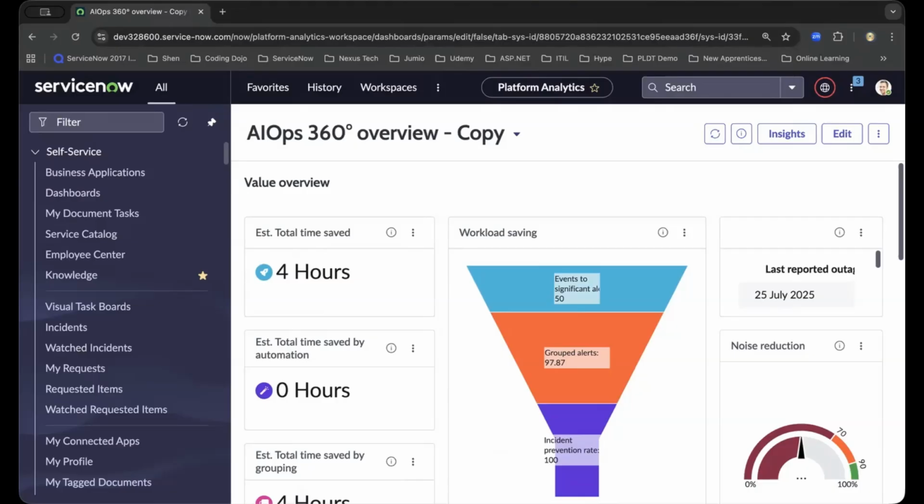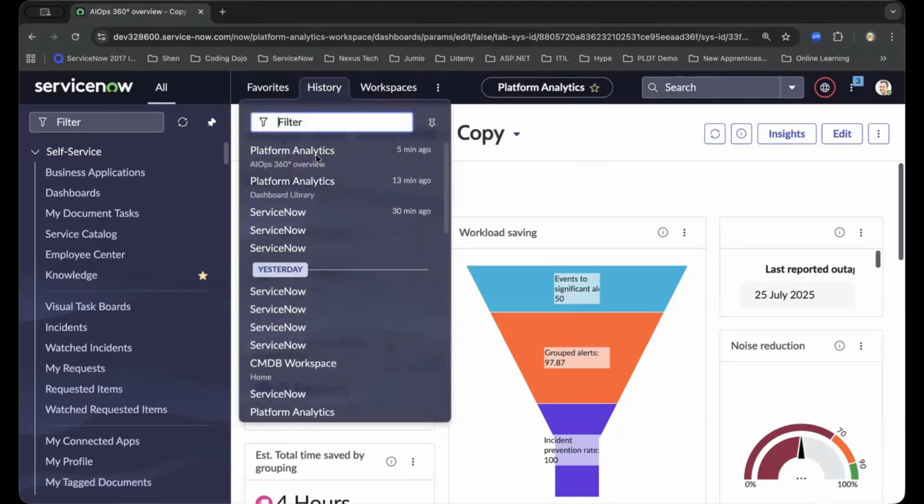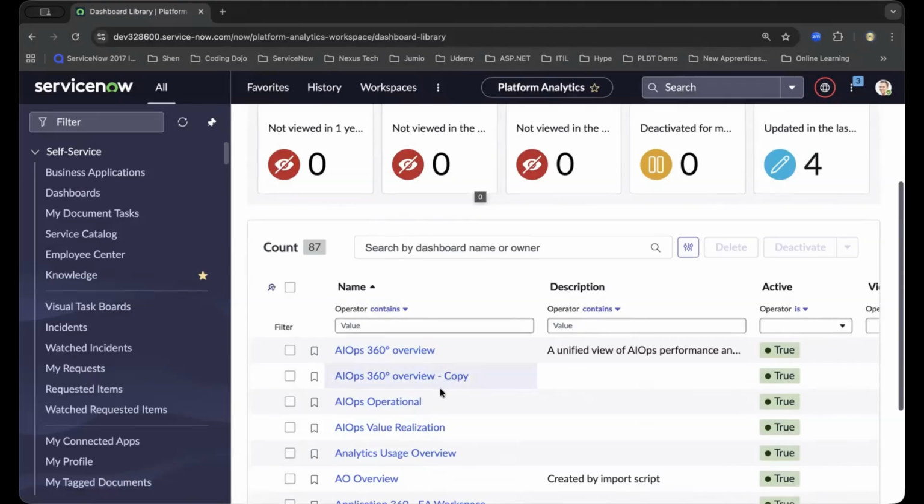And my quick question to you: when was the last time a dashboard in your instance actually changed a decision? Since ServiceNow dashboards are quite experienced, I fully recommend keeping them and adding more functionality on top of what's out of the box. Now, as we go back to the dashboard library, the way I'll approach creating dashboards